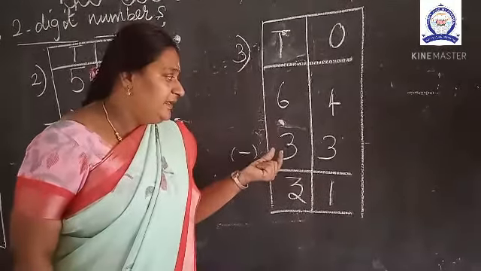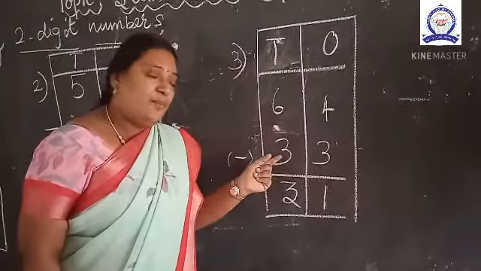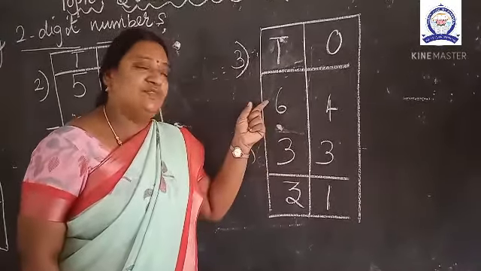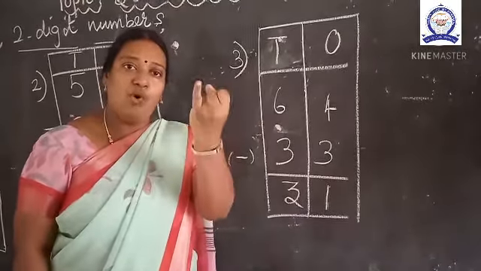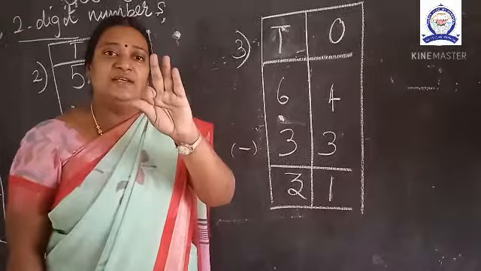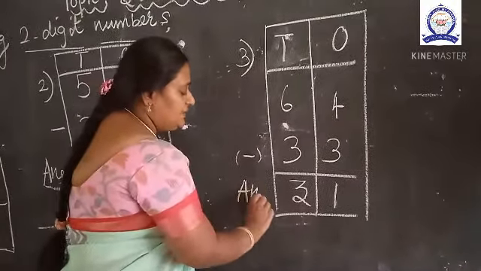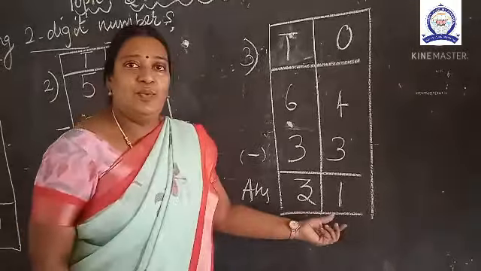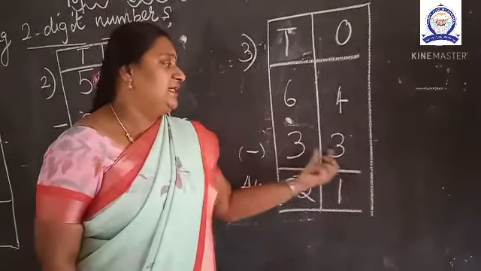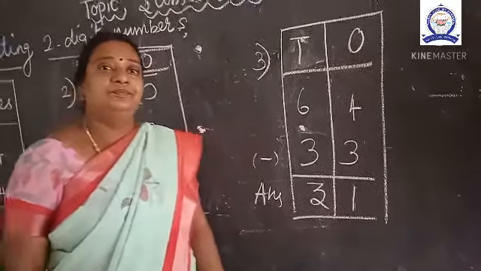Second method, how? You have to count after 3 up to 6. Count from after 3, up to what? Up to 6. So after 3, 4 5 6. How many fingers? 3 fingers. So your answer is 3. So the total answer is 31. So 64 minus 33 is 31. Let us see another sum.